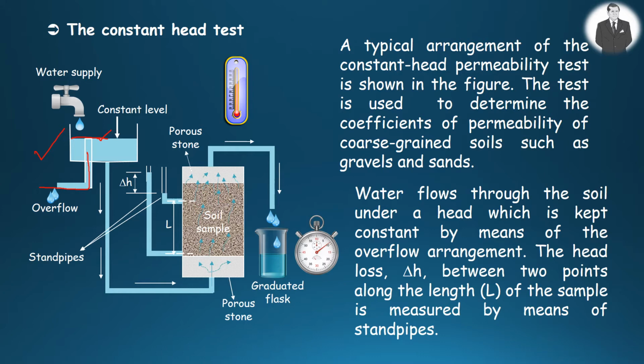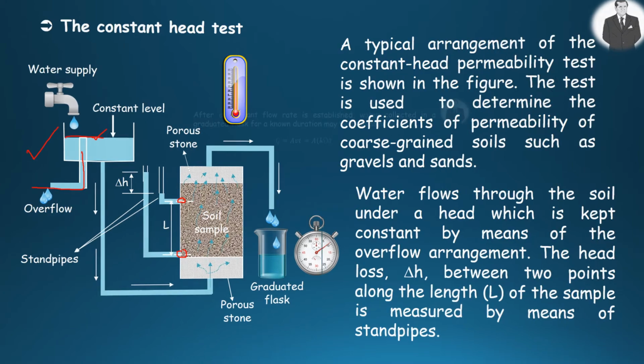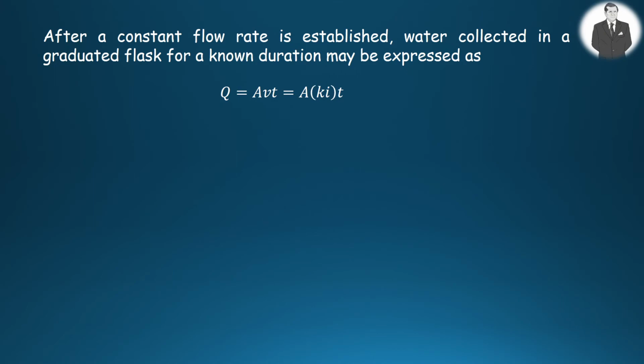The head loss between 2 points along the soil sample, as shown in the figure, is measured by means of standpipes. Provided that a constant flow rate is established, water gathered in a graduated flask for a known duration may be